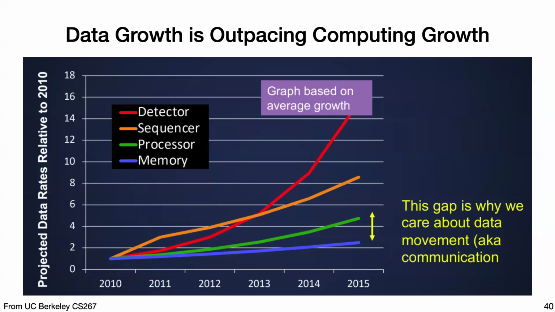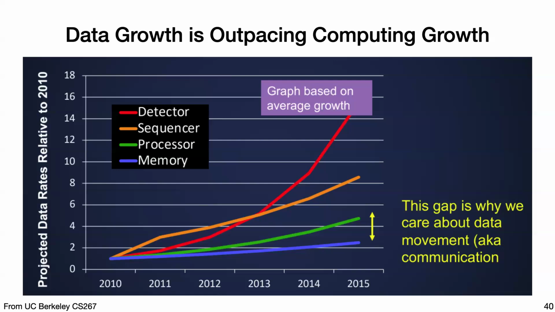This gap is why we are interested in data movement. In distributed memory it's called communication, where you pass the data around in your different nodes. In a single machine, it's called cache behavior, or it could also be called communication. It's called data movement. And one thing that I work on, that I think is kind of cool, is